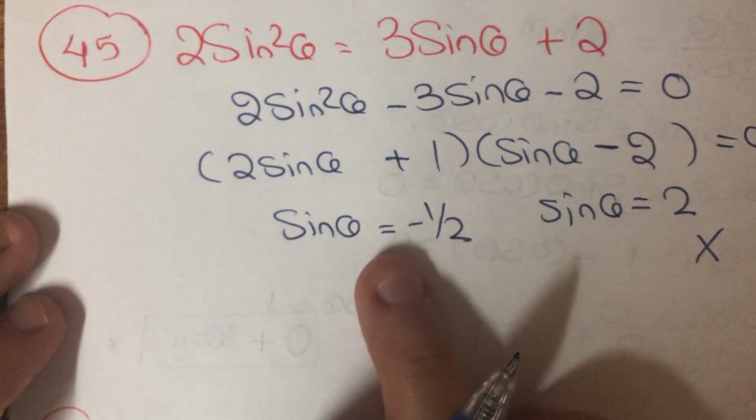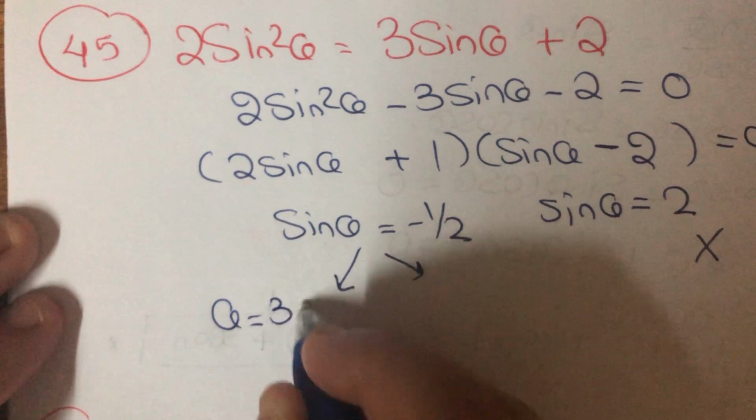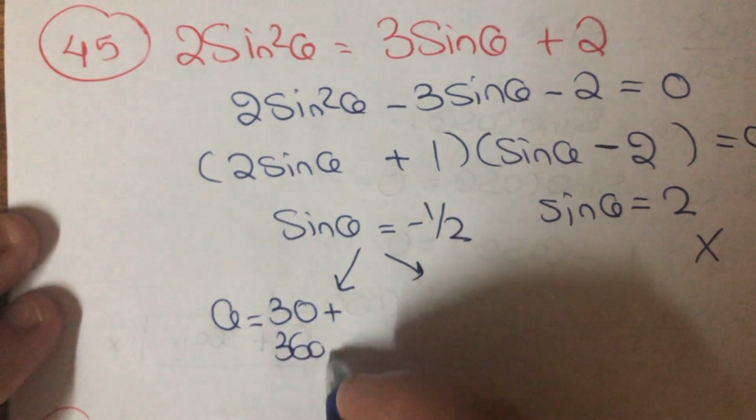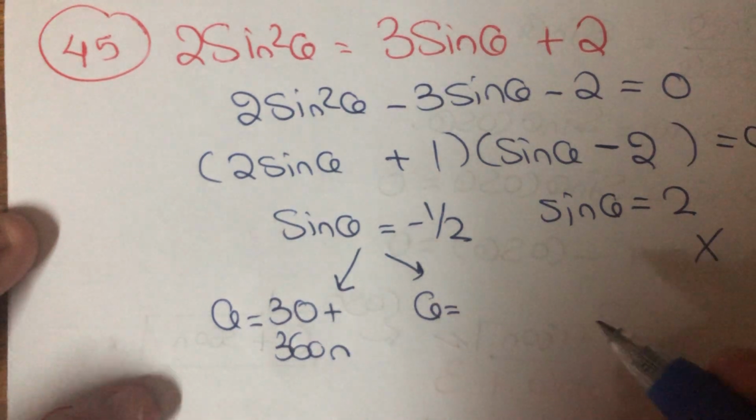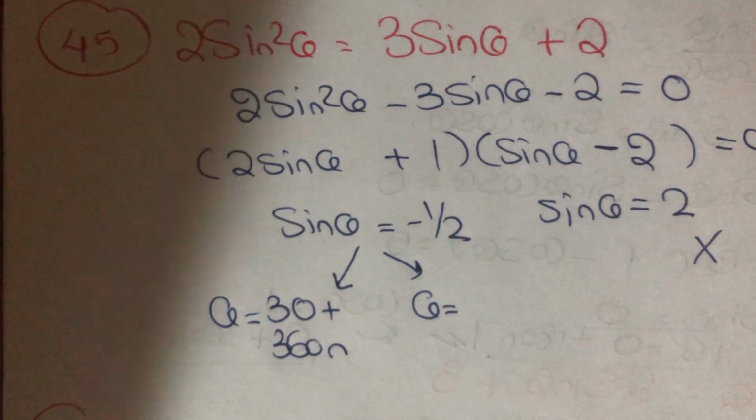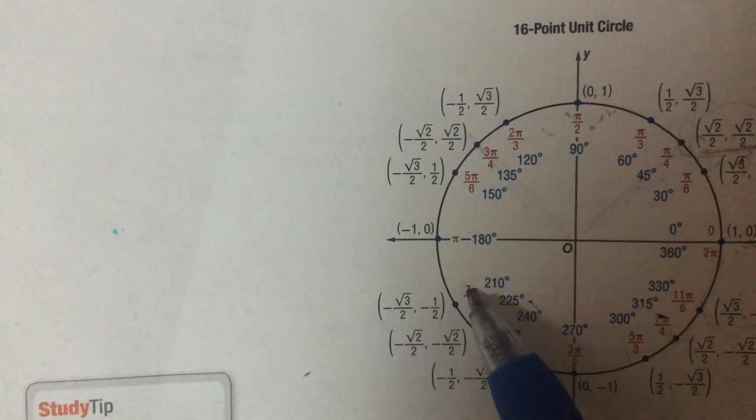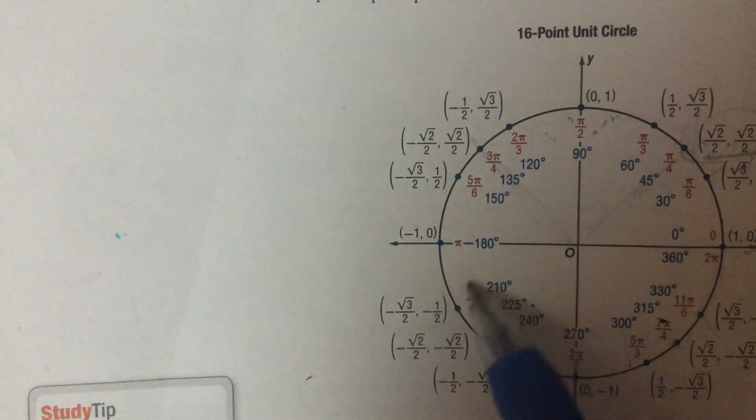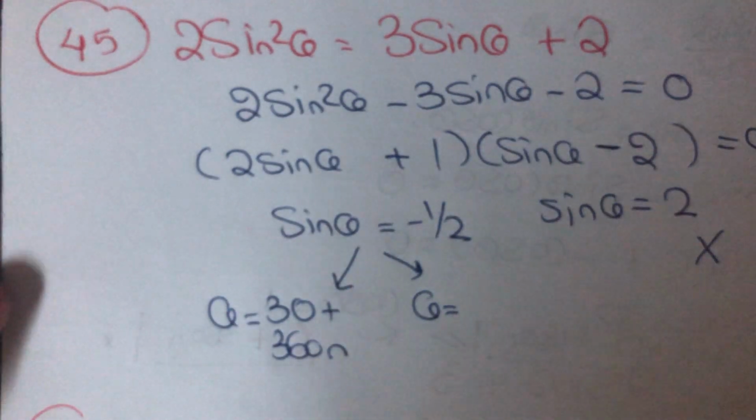And sine theta equals -half. Again, its answers are 30 here. 2 answers. Either theta is equal to 30 plus 360n or theta is equal to... -half. I'm sorry, -half is not 30. Sine is -half. I thought it's half. Sine is -half over here and over here only. And 210 and 330. So 210